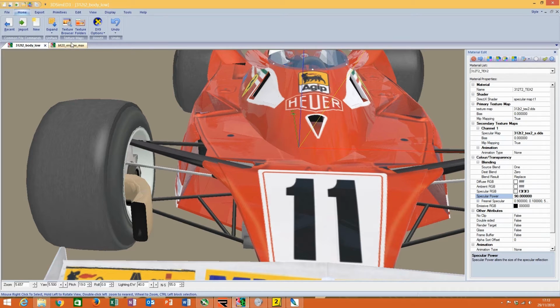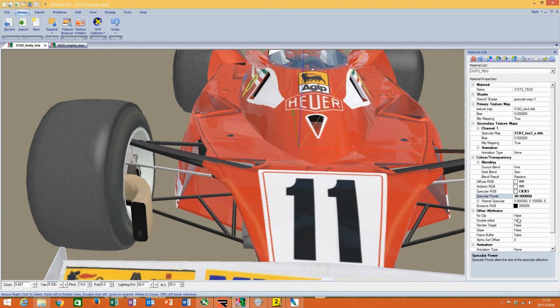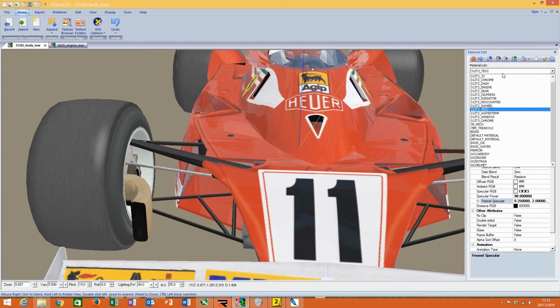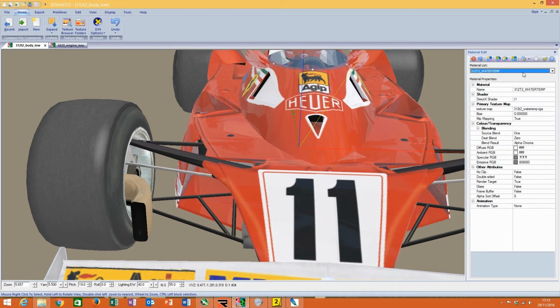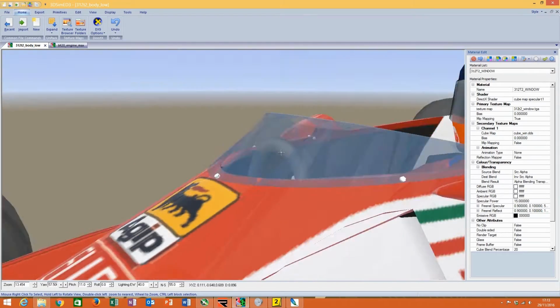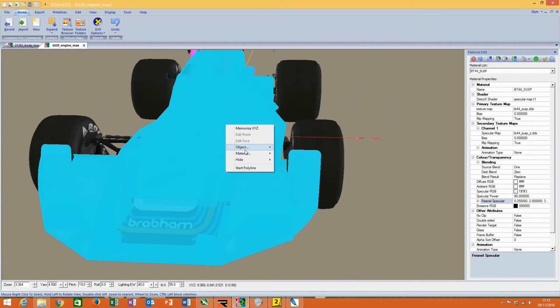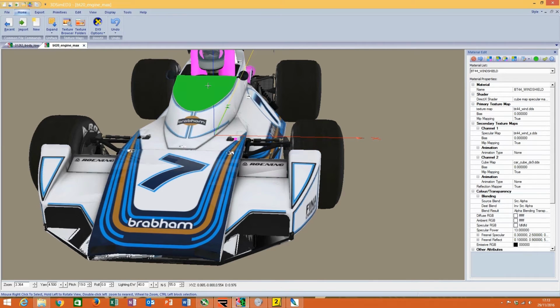90. Copy this one. Control V. Paste. Done. You can see it's a bit darker. Water temp, that was dash window. Aha. Window we can copy. So let's go to the window here. Windshield, that's windshield in, and